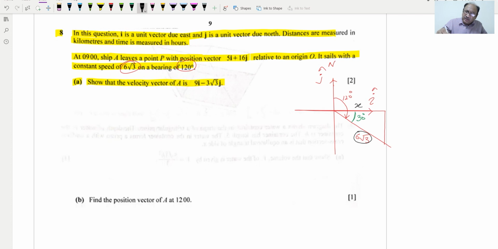So x, the adjacent over the hypotenuse, will be cos theta, so x over 6 root 3 is equal to cos of 30 degrees. We'll write a little smaller so that we can use the space properly. This implies x will be equal to 6 root 3 cos of 30 degrees, which is equal to 6 root